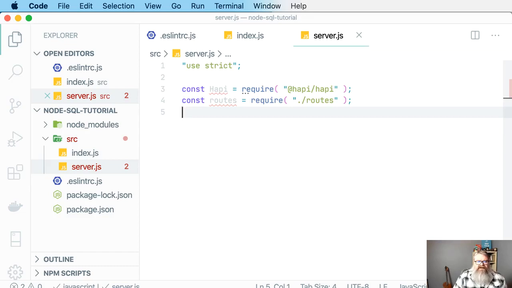So I like to organize my code, even in the beginning, into things like a separate server.js, which will make server.js easy to test later, separating out things like my routes, plugins, which are the equivalent of middleware that you may have used in Express if you've ever played with Express. Plugins is what Happy uses, and just different sections of code into their separate files, because I know over time as the project grows, I'm going to want those kinds of